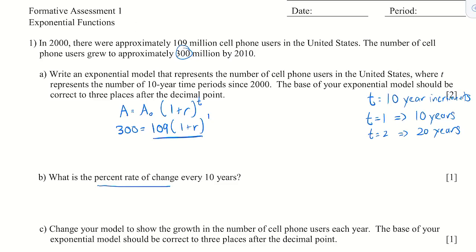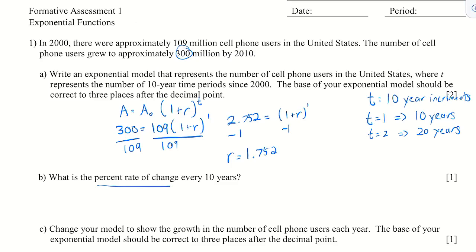So I'm going to divide both sides by 109, and I should end up getting the value 2.752. Right, so 2.752 is equal to parentheses 1 plus r to the first power. But here's the deal, ready? If it's just raised to the first power, I don't need to worry about doing a square root or cube root or whatever. So I can actually just make the parentheses go away, subtract a 1, and so I end up getting a rate that is going to be equal to